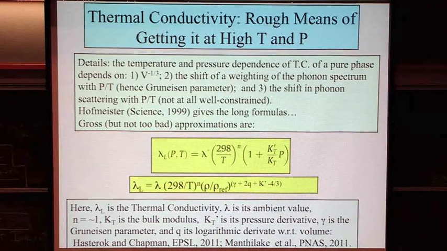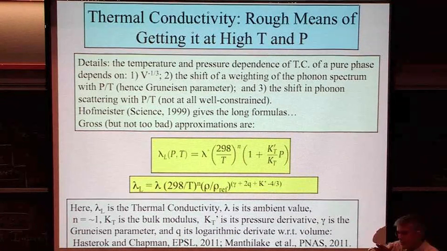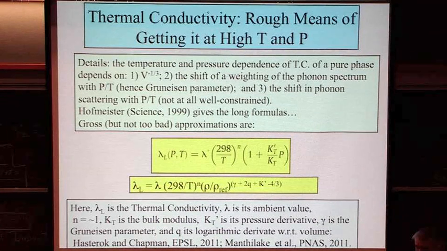It works to some degree, let me put it that way. What I would say is that the bulk sound speed does not necessarily scale as 1 over temperature. Oh, okay, the pressure, you're asking about the pressure dependence. Okay, all right. Yeah, the pressure dependence, you could argue that it should scale roughly, give or take a little bit. Yeah, you make me uncomfortable because in detail, the sound velocity hinges on acoustic phonons, and the scattering has both acoustic and optic phonons in it. So I'm personally a little uncomfortable, but it's probably not a horrible approximation.